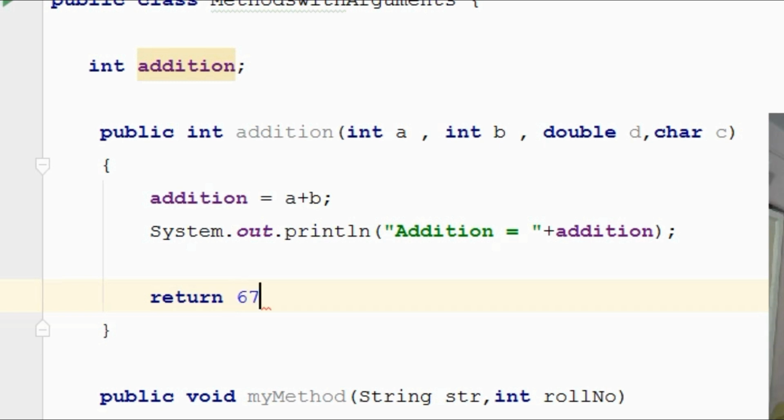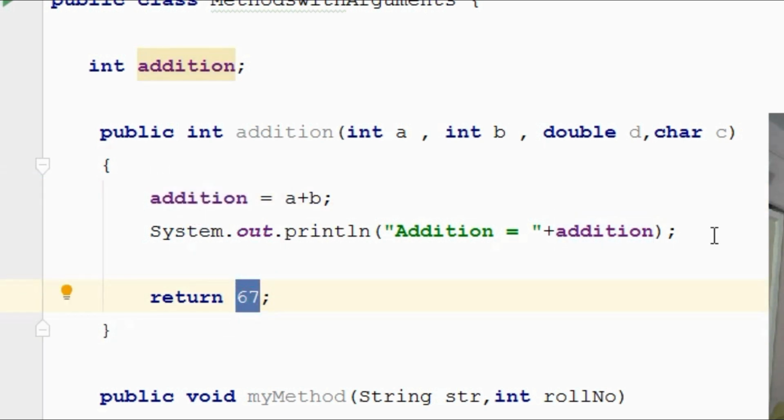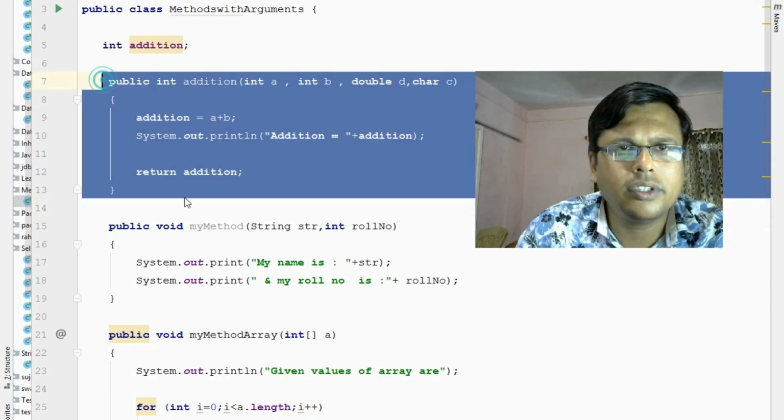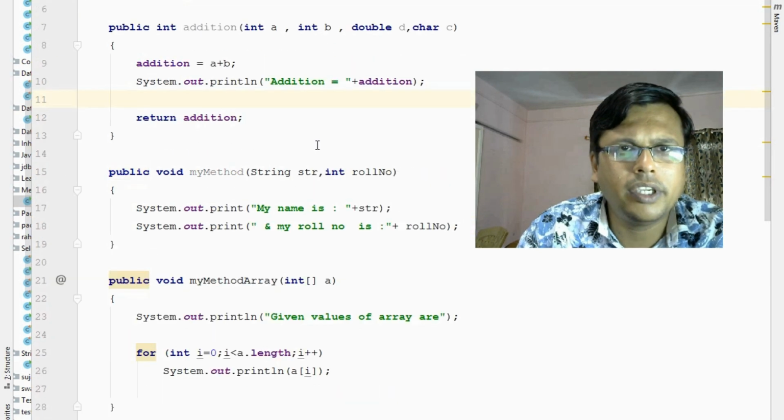So let's say any integer value. 67 is an integer, right? So I can do this, or this addition is also of type integer, so I can return addition as well. Fine. So now what is the use of it? What has it done? If you simply run this program,